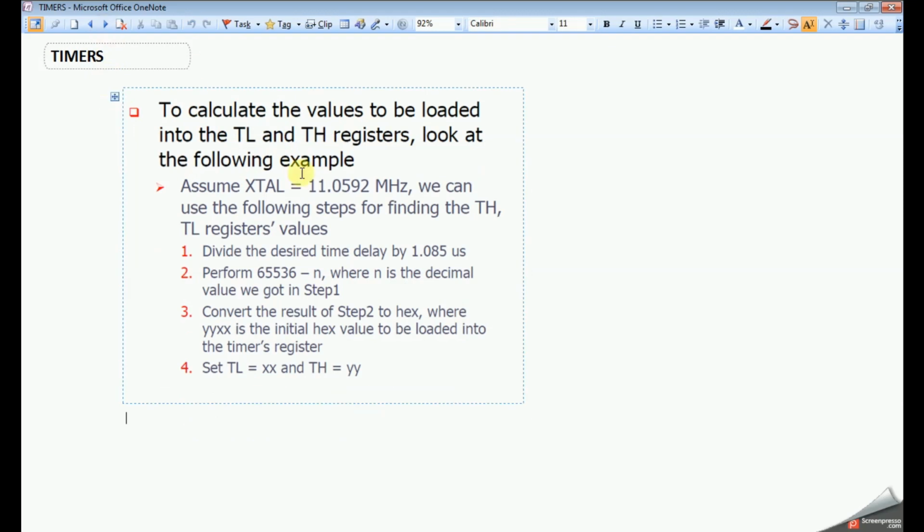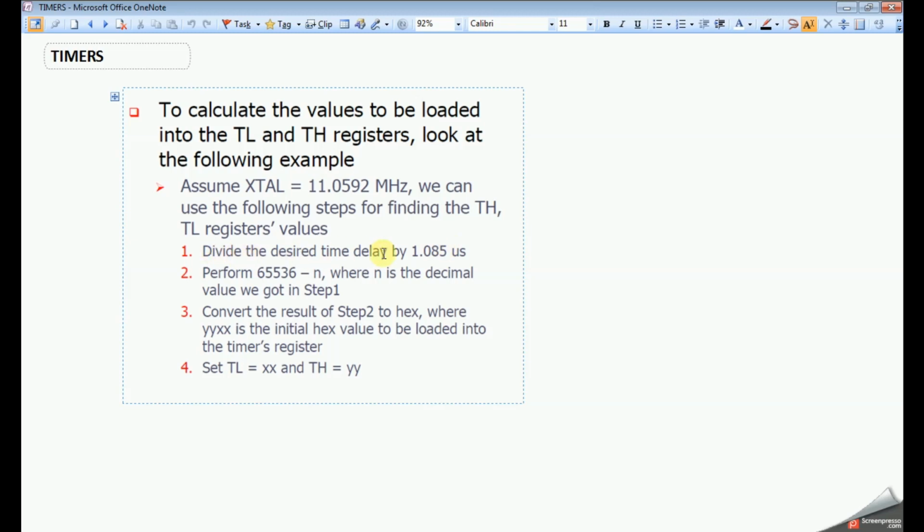Next slide. This is the formula I am going to discuss. There is a formula to generate some delay. If the clock is 11.0592 megahertz, we can use the following steps to find the TH and TL register values which will be stored in our program.